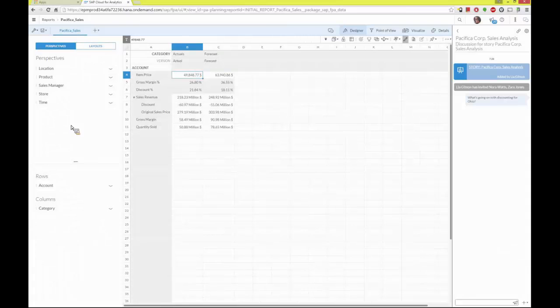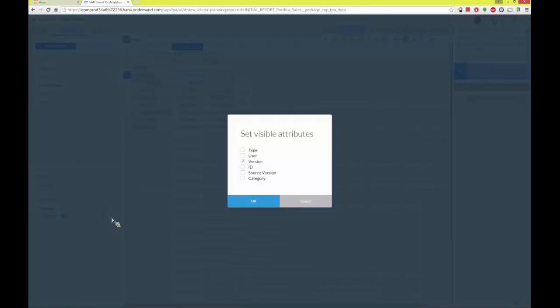So let's come to our reporting screen, and I'm not going to save the story that I created. I'm just going to leave this page, and I'm going to choose the Pacifica Sales model, a report. And here now we can see that we come into what is very familiar to people that are used to a planning environment, which is a kind of a spreadsheet view of this information. And so we have some metadata about this particular report, as well as the data itself. And so this metadata shows us, for example, the version of this information we're looking at. So what is actual and what is forecast.